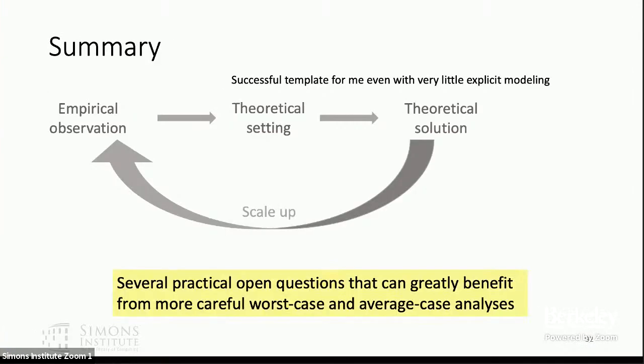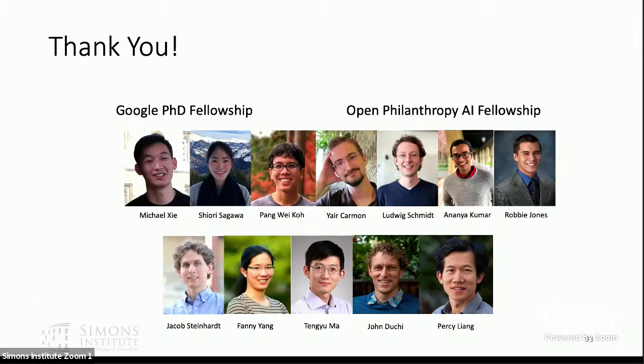And I think in general, there are just a lot of open problems. We don't know how to solve robustness in practice. In some of my work, I've made really simple assumptions or done very little modeling of what the data distribution or the perturbations are, and I've still found pretty useful insights. So if we can do more careful analysis of these worst case distributions and perturbations and what role the data distribution plays, I think we could get really useful things that could help us solve these problems in practice. With that, I want to thank Google and Open Philanthropy for funding me in this work